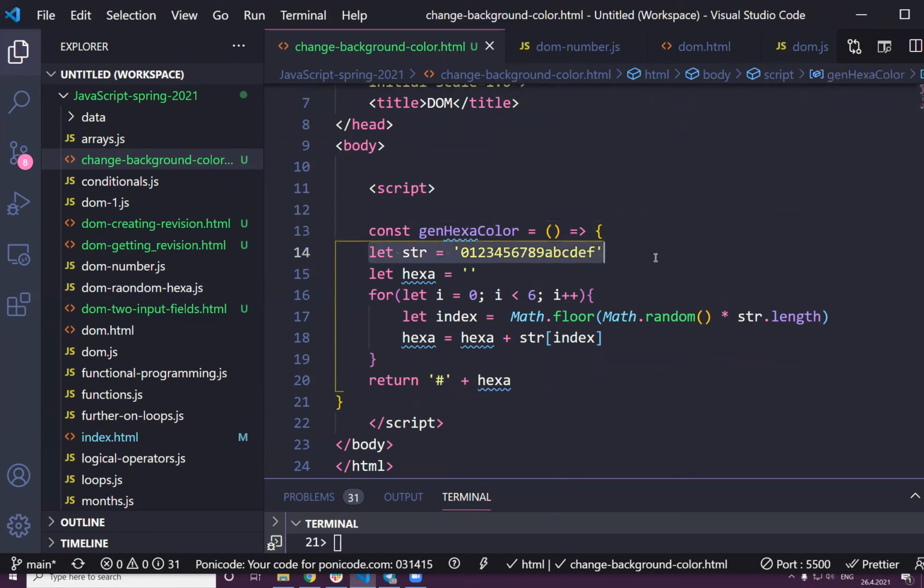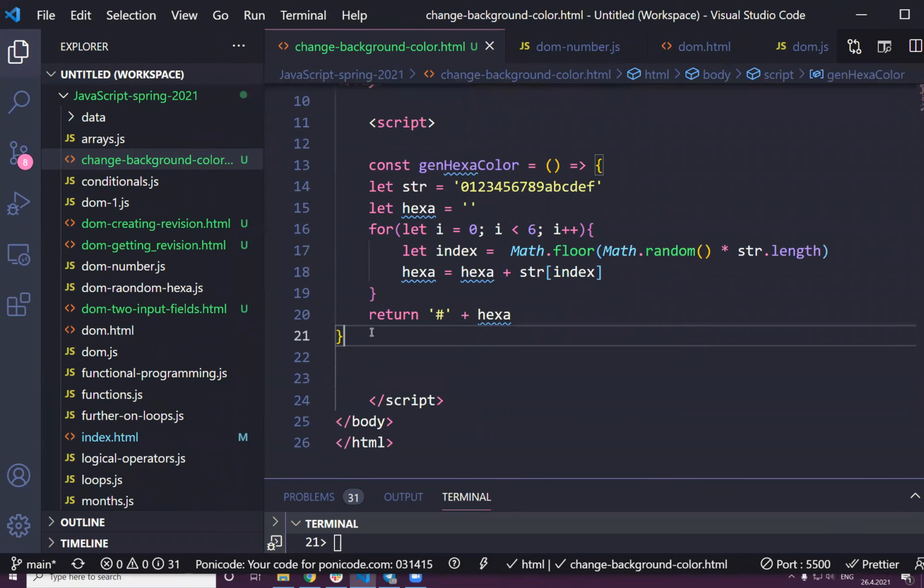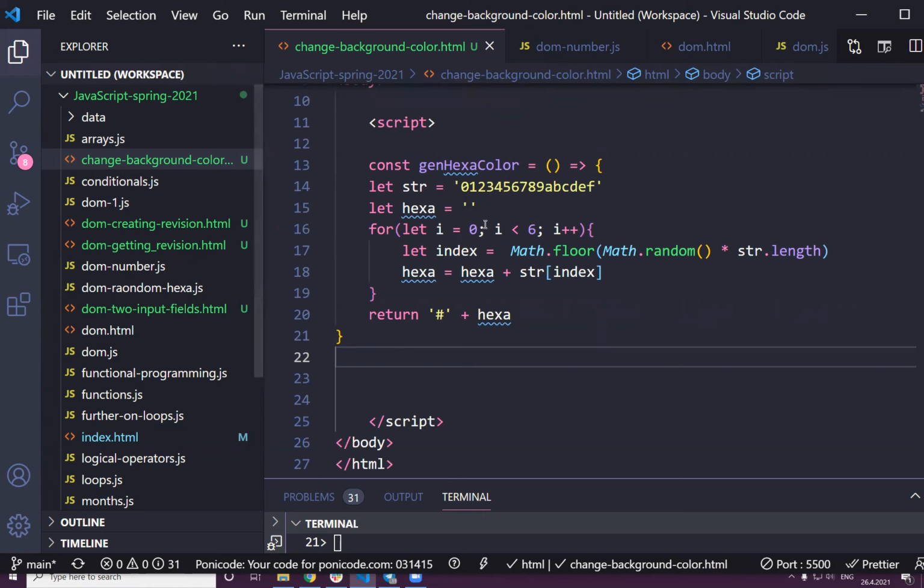You have a string. Yes. And a string, and then we loop how many times? 6 times, and we generate hexacolor. So this generate hexacolor. So what we do actually, I showed you this interval, but first, before we do that,